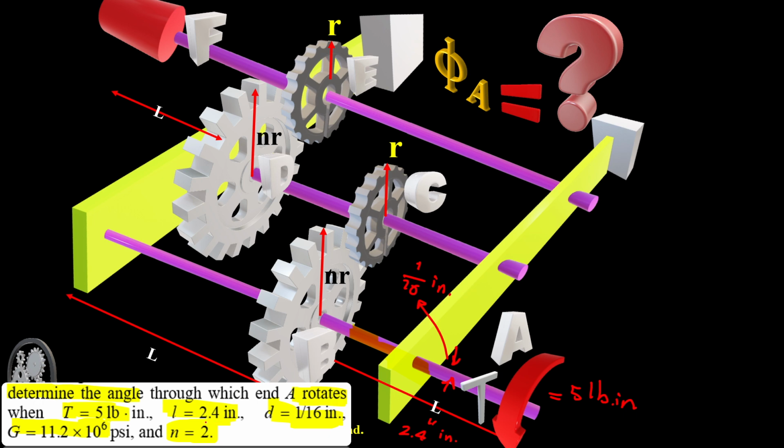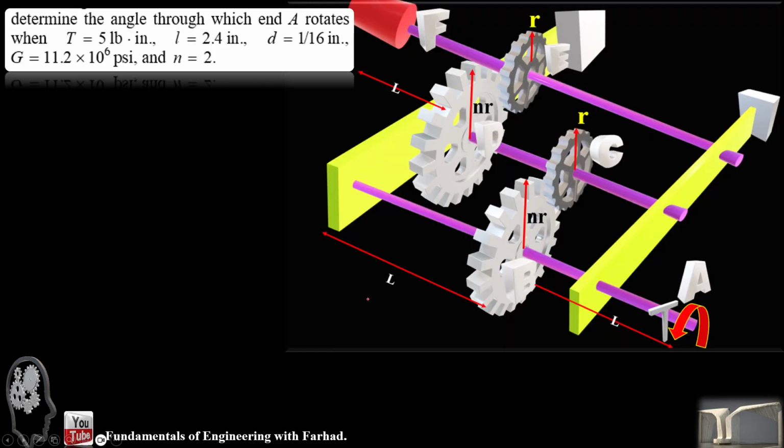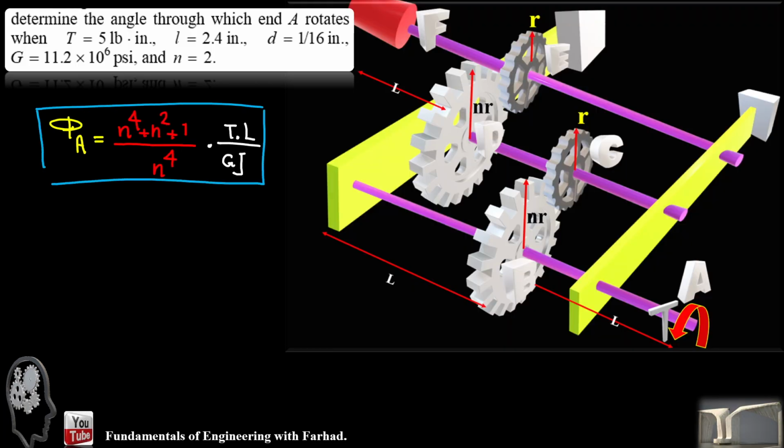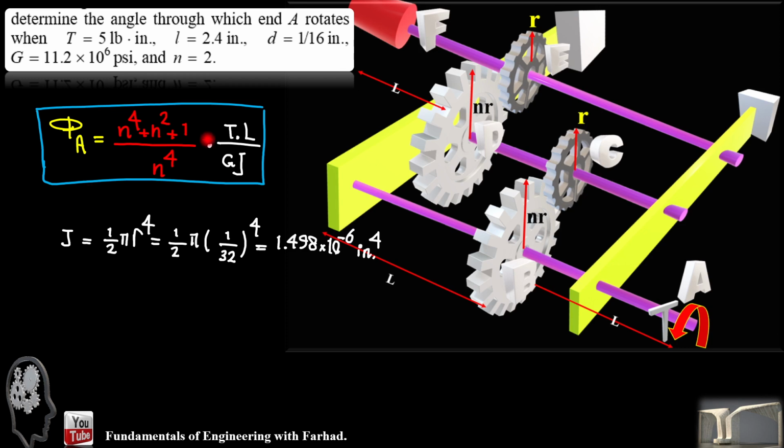And shear modulus is provided, and n is equal to 2. So if this is r, this is 2r. Now, because we already know our formula for free end from the parametric solution, we can simply first calculate the J